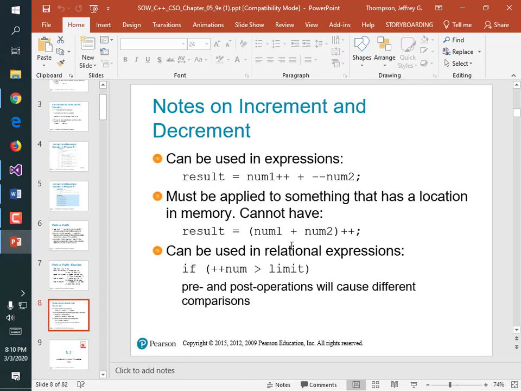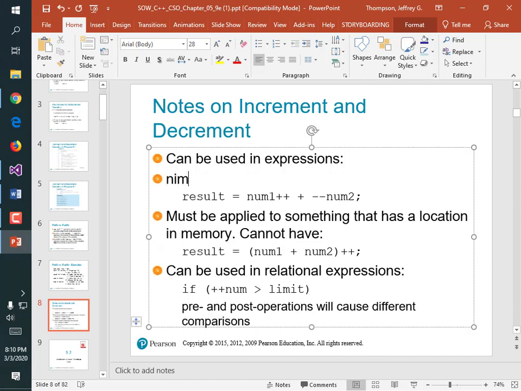So, you can use them in expressions like this. Result is equal to num1++ + --num2. It's kind of nuts, but you can. If we set num1 equal to 10 and num2 equal to 10, what would the result be? Well, num1 gets updated, but not until the entire statement executes. So it doesn't change. So the result is equal to 10